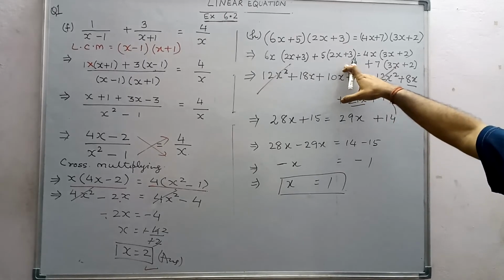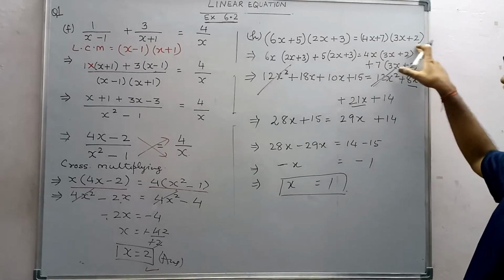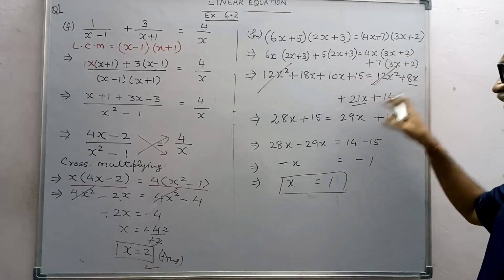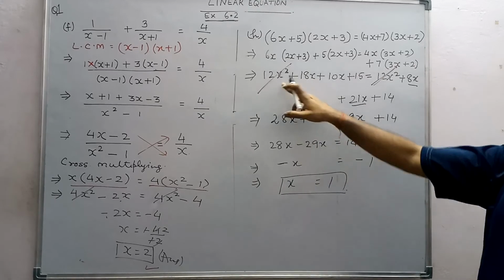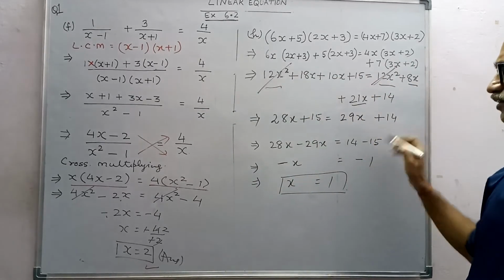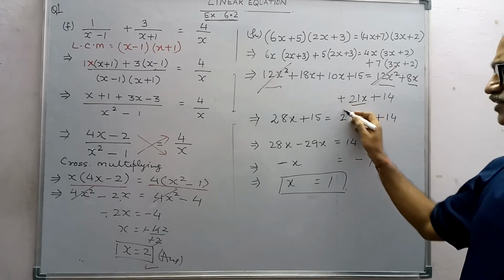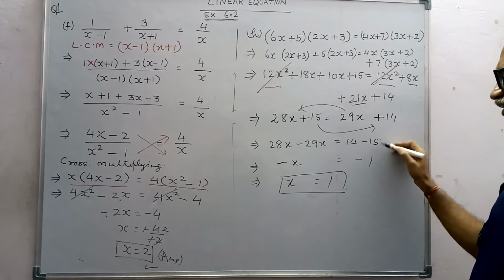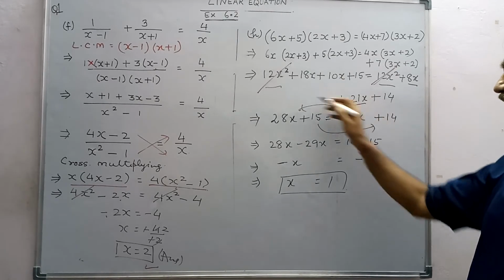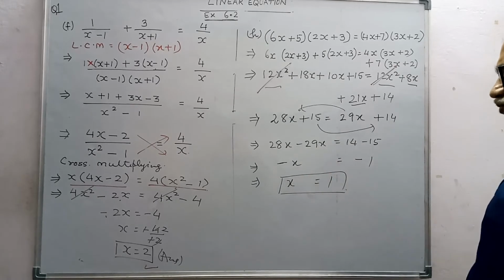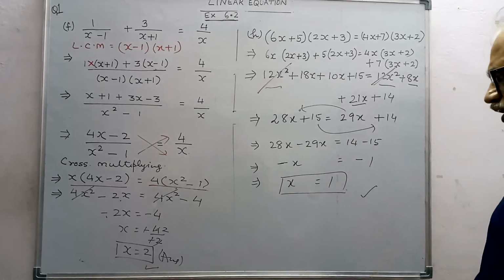Multiplication of two algebraic expressions. Similarly, here also 4x multiplied by this bracket, then plus 7 multiplied by this whole bracket, then we simplify it, and then 12x square are on both the sides. We'll cancel them out and then add and transpose that side, and 15 this side. 15 becomes positive, becomes negative, and this 29 is positive, that side becomes negative. Minus x left, minus x equal to minus 1, x equal to 1. So this is the answer for this question.